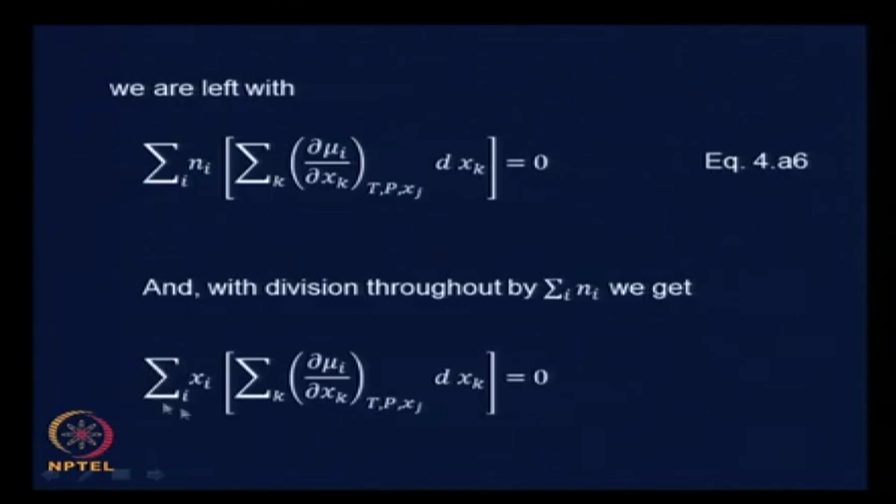Therefore it became sum over xi times internal sum over k ∂μi/∂xk at constant T, P, xj dxk equals 0, and from here we had used the expression for μi as μi hash plus RT ln γi xi, and by an interesting